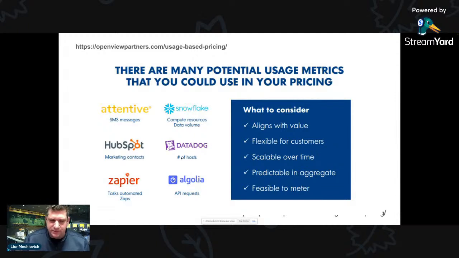We can drill down into this, but just an example is the number of hosts you monitor, number of text messages, number of API requests. All of those are usage-based pricing, usage metrics that are evolving, and those companies are changing them over time, really trying to be more granular. And frankly, it is for a good reason. It is for being more transparent, more aligned with their own cost. We can talk about why to move to usage-based pricing, but this is not the core of this session. I'd be happy to share more details if you want.